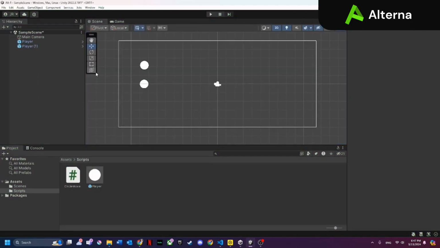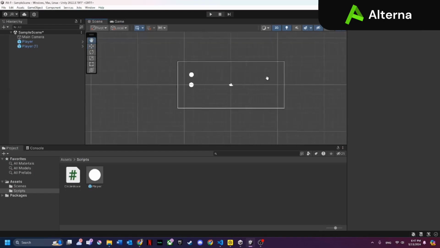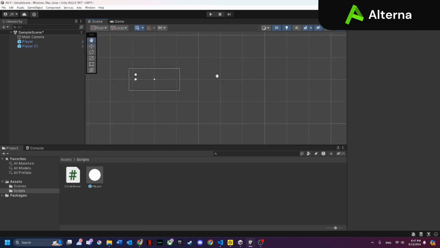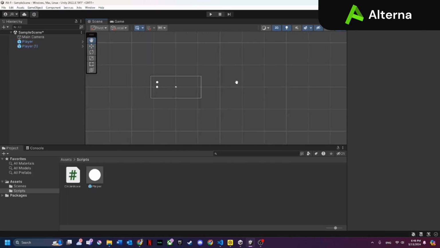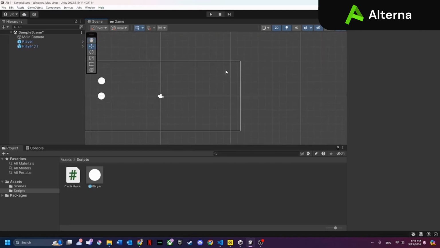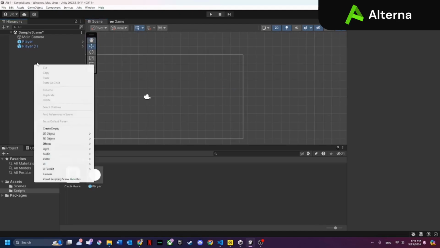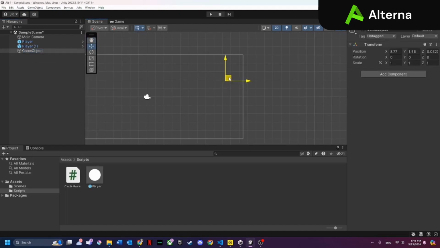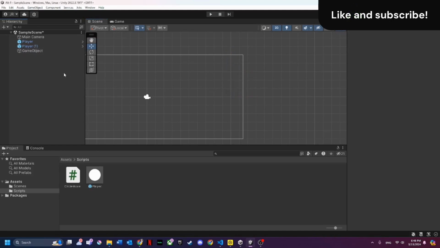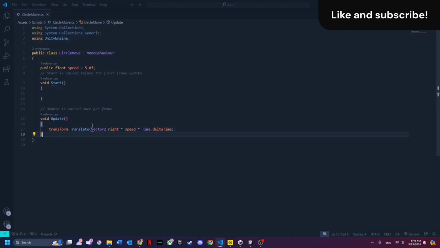Now I don't want these 2 balls to go outside the camera, because if you scroll out with our middle mouse button, as you can see, it's going to go on forever. So let's say I want it to stop at this point here. So we can go ahead and find this point. Let's say create an object here. Find the point, which would be 10 here on the x-axis. So that'd be 10. So we can delete this. We know it's 10. And we go back to our script, and we can say